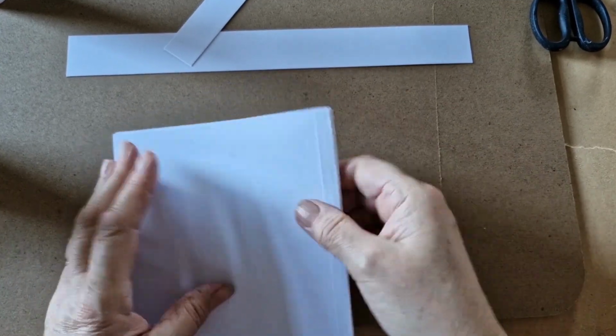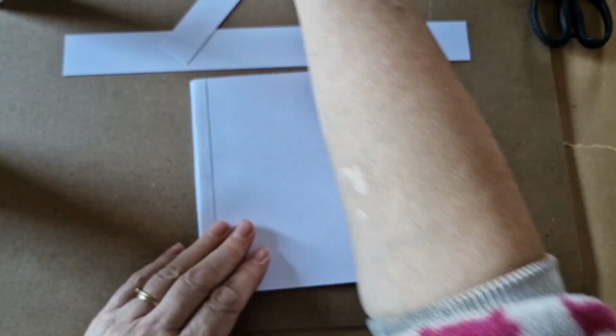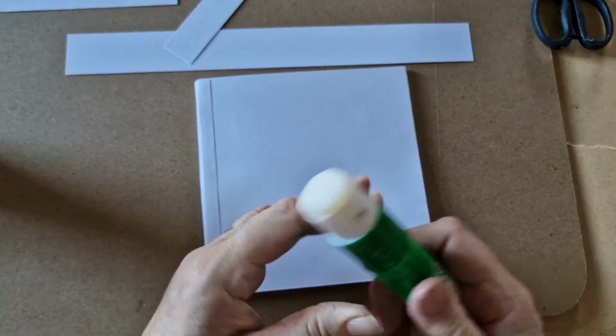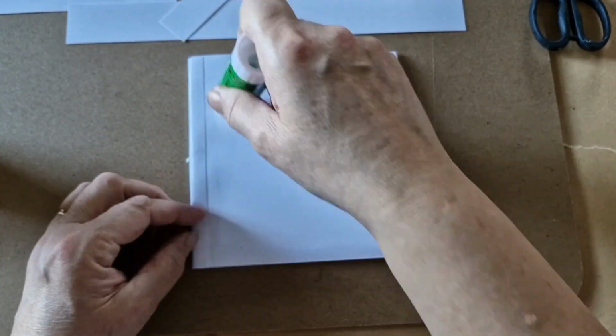Right, so now I'm just going with a bone folder just to make sure that glues. If you notice, if you try to glue it to the end, it would actually open up. These are the two pieces I forgot to put on, but it doesn't matter because I'm going to cover the covers. So